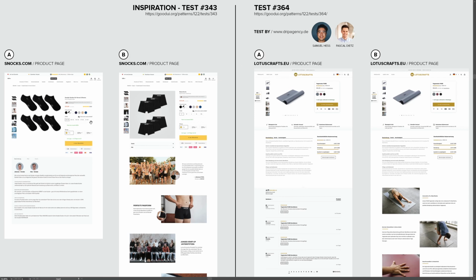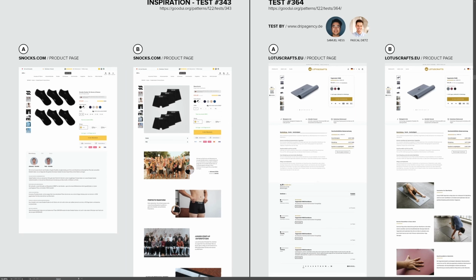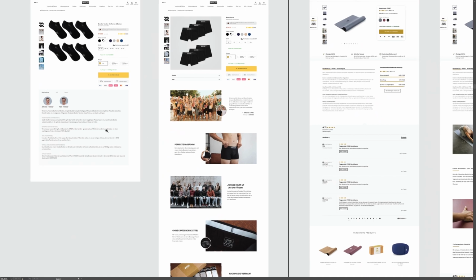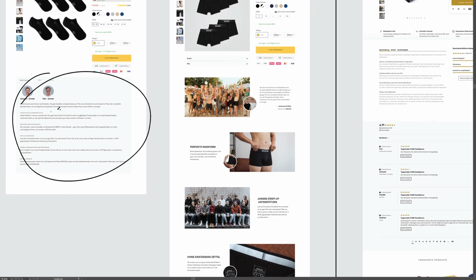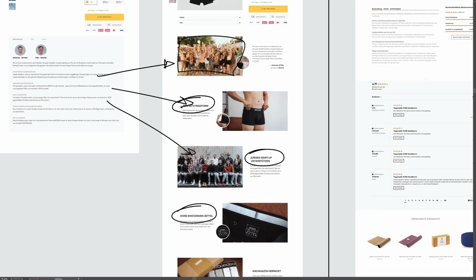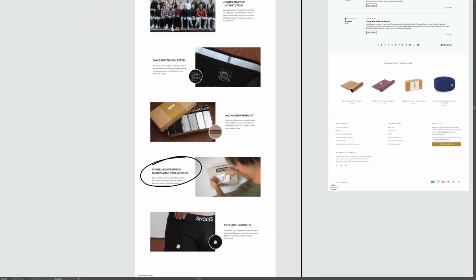What was happening here was they detected a positive signal on product pages, optimizing for sales for Snocks, and they discovered this pattern that we called zigzag layout. Essentially, taking product descriptions that are all uniform and boring, one big chunk of text, and breaking them up more using images and highlights or subtitles. In this case, there's a mention of team and fit and young startup and packaging and free returns and some